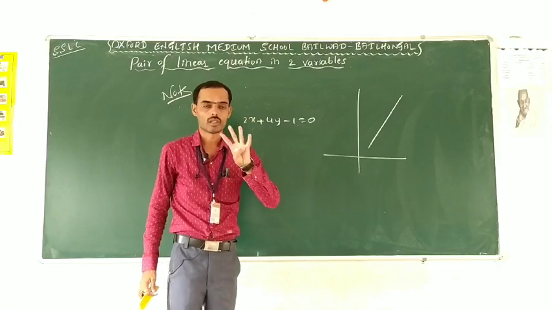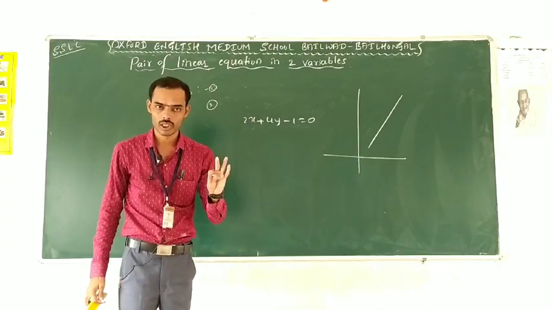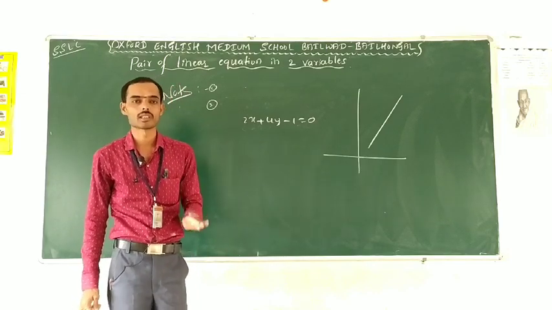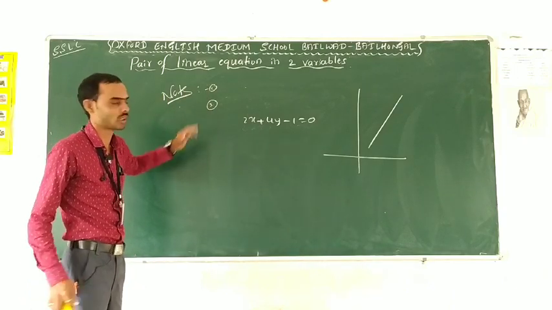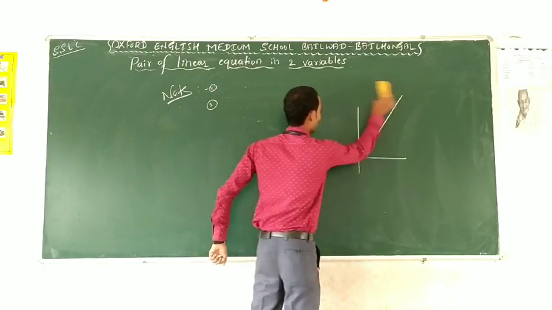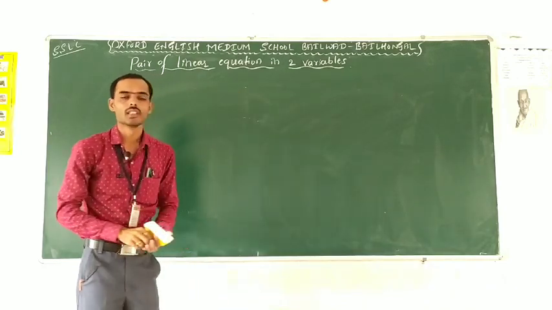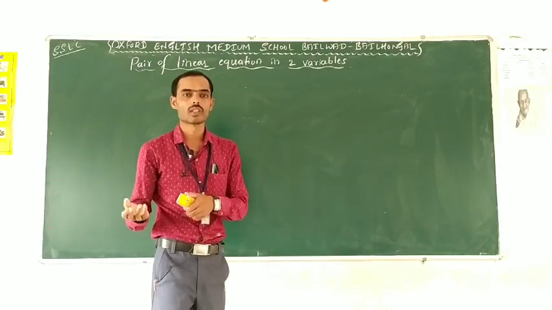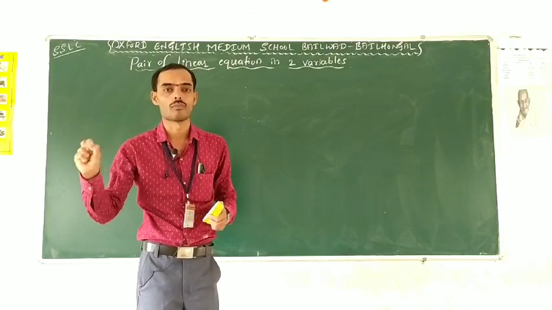So these are the two special notes. First of all, you already knew degree. What is the degree? What is a linear equation? And pair of linear equations in two variables. What is a linear equation in two variables? Then the special notes. There are two special notes. Next, there are mainly four methods. First one is the substitution method. Next one is the elimination method. Third one is the cross multiplication method. And the last one is the reducible form.